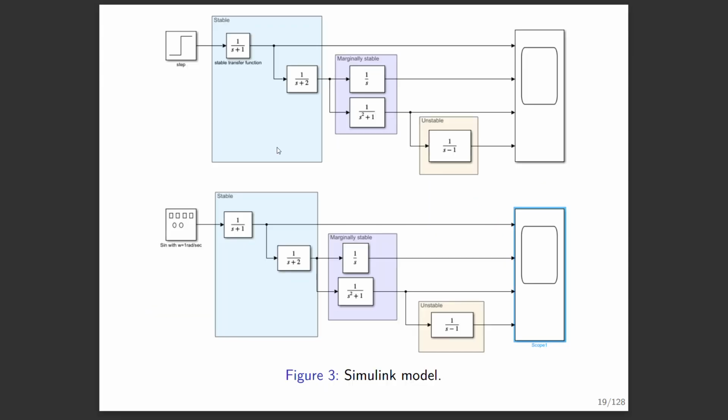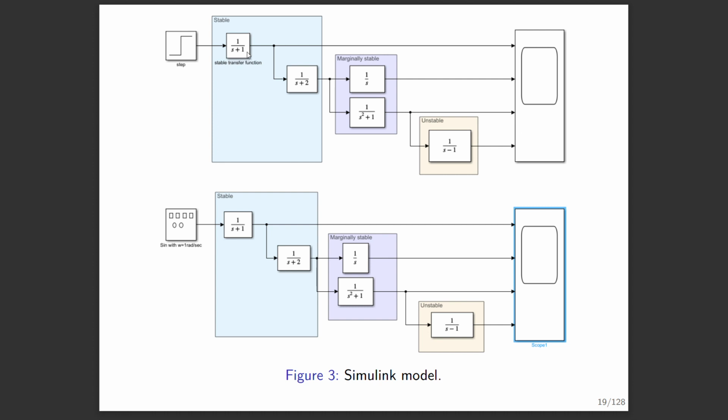To show that, we designed this setup in Simulink. So my stable system is this. My marginally stable systems are these two, so this output and this output. And then the unstable system is this last one. I'm giving it a step input and then a sinusoid with a frequency of 1. Why am I doing this? Well, I want to see what happens to my